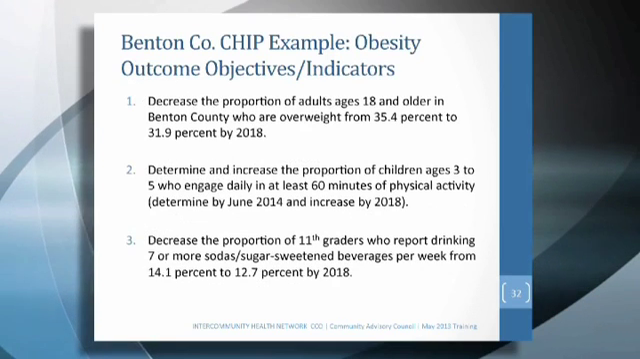These are just an example from each of the goals. I chose one; we actually have a couple under each goal. This is using the data that we have available from the county right now. If we met these objectives, it would let us know we met our goals. Decrease the proportion of adults ages 18 and older in Benton County who are overweight from 35% to 31% by 2018. The next one was to determine and increase the proportion of children ages 3 to 5 who engage daily in